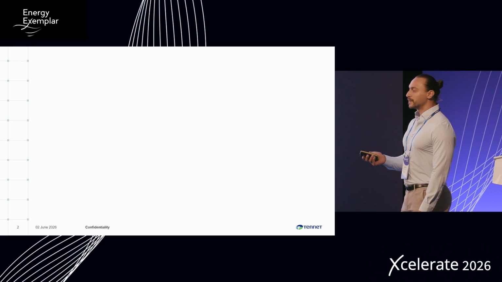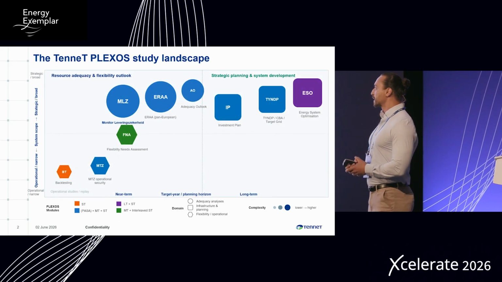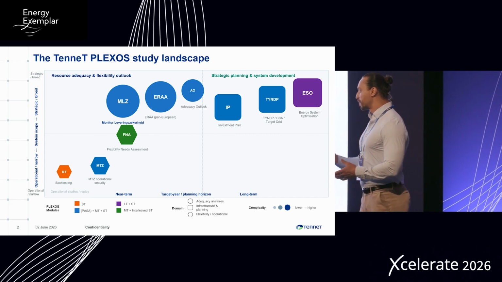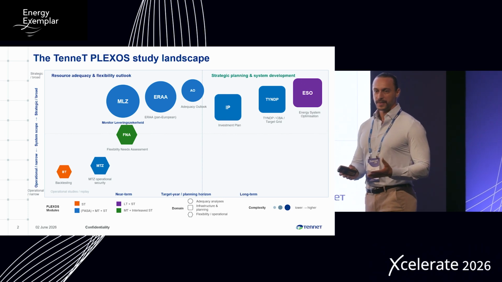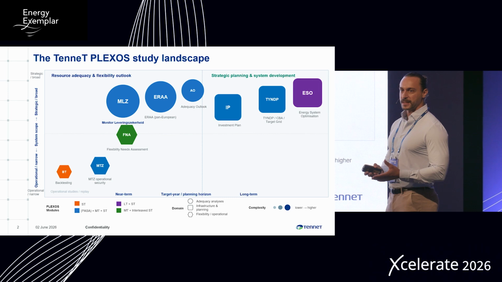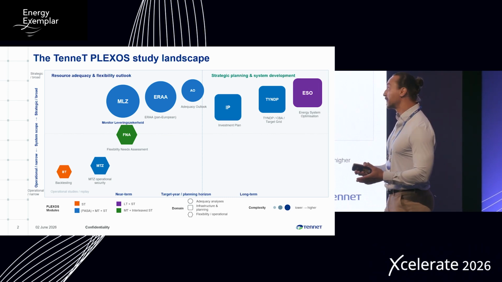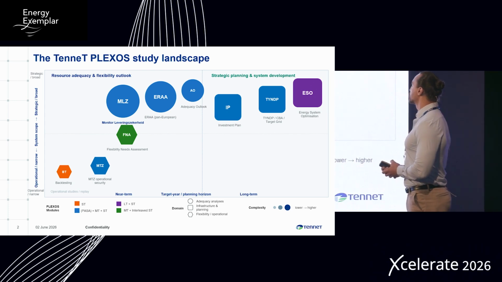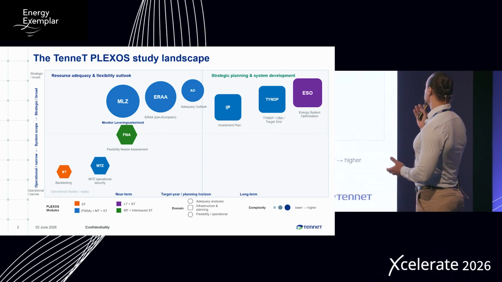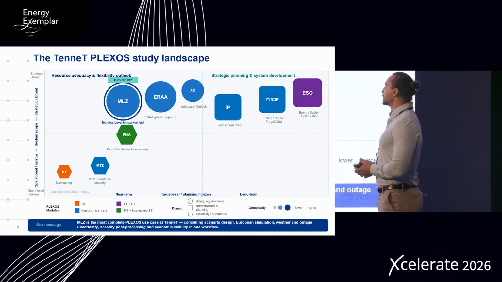Before going into the study itself, I would like to show you the TenneT PLEXOS study landscape. Within TenneT, we use PLEXOS to answer different questions, starting from operational studies like backtesting, where we try to validate our data against historical data, to the new European study, flexibility need assessments, where we are trying to quantify the ramping need, risk curtailment needs, and the short-term needs, to strategic planning, where we look at grid investment, like in the investment plan, or capacity expansion, like the energy system optimization study, to resource adequacy study, of course. The main study